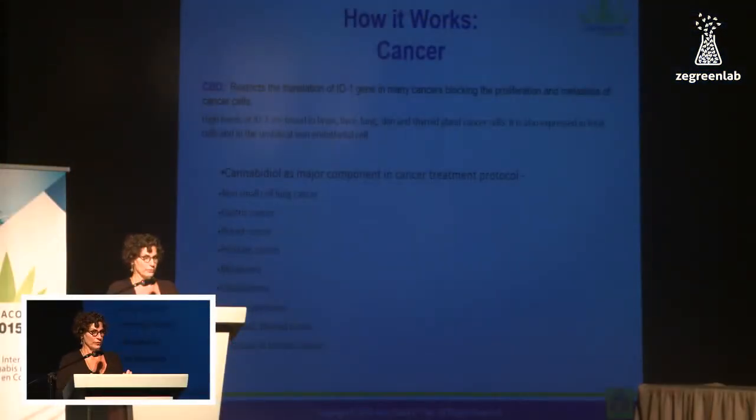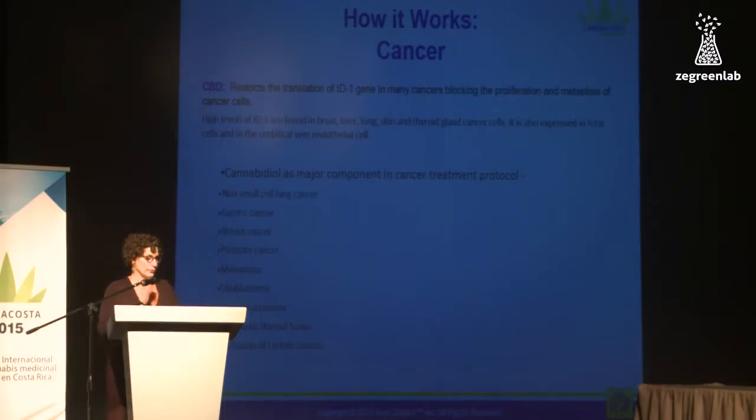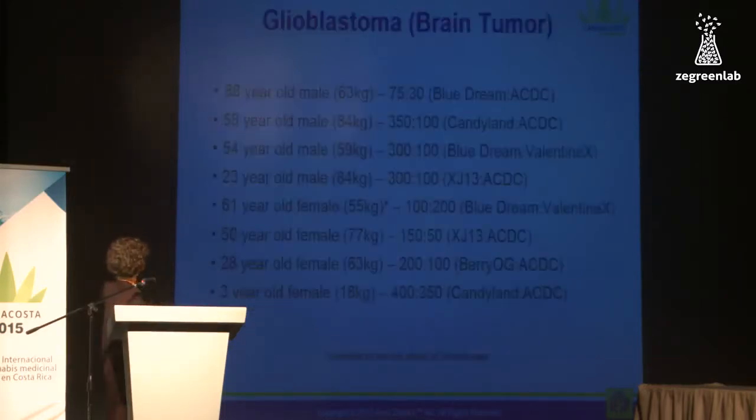There's lung cancer, breast, gastric, glioblastoma, melanoma. These are ones where there is ID1 gene presence, and we've started to do some treatment protocols that we're experimenting with very successfully, using a combination of the higher CBD and the lower THC versus some of the other models that we have in our traditional cancer protocols. Okay. Now, on glioblastoma, and these are all glioblastoma multiforme, GBMs, this is a set of patients that we have